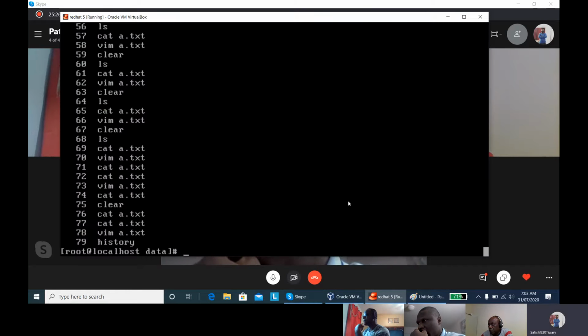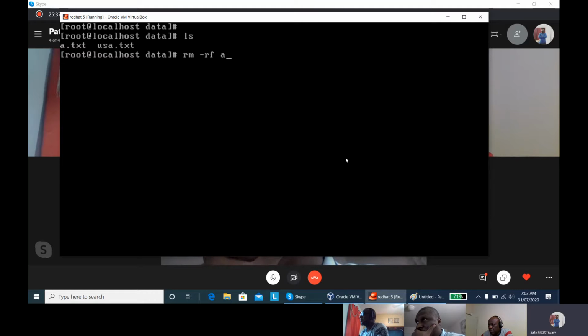That's why you have to remember the password. Now, suppose we have finished the Vim editor. Now I am going to delete this file. So rm -rf a.txt usa.txt. Now I will show you another method of creating and editing a file,